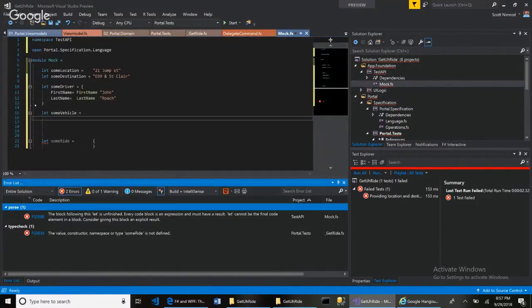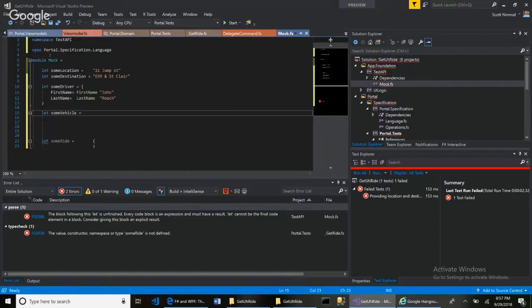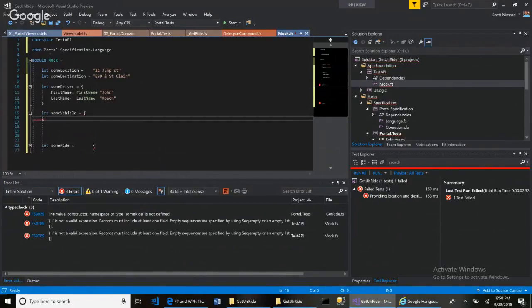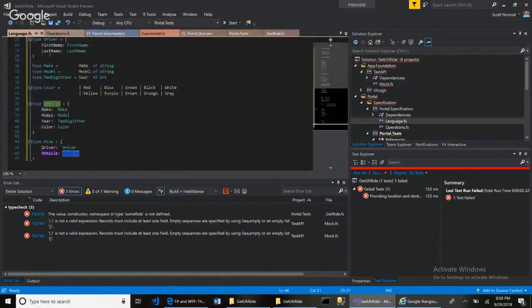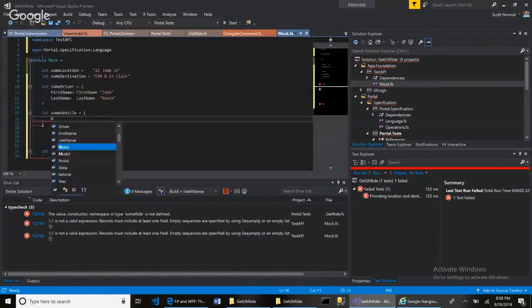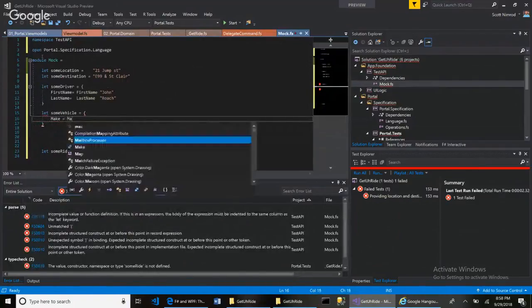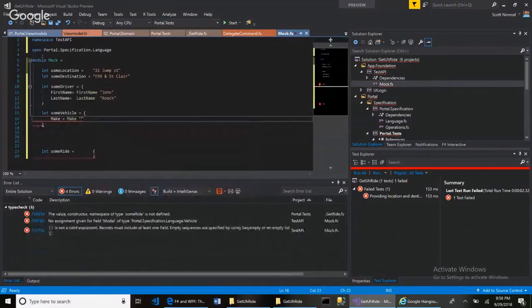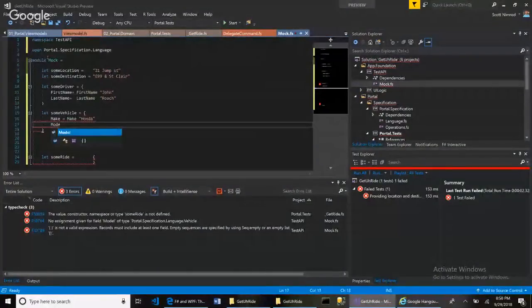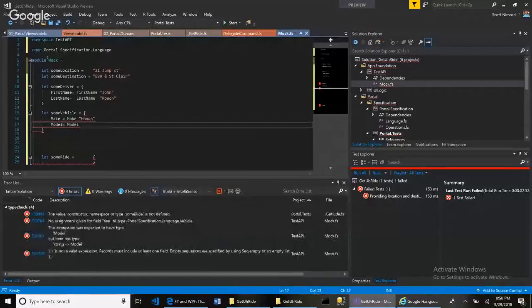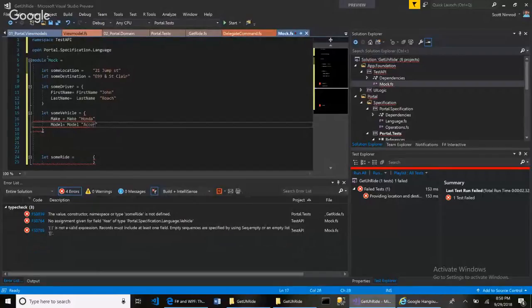Why is my, what is going on? Hold up. Why are my curly braces like that? Okay. So make, model, 2-digit year, color. So we say, okay, make equals, and say make Honda, and then model equals model Accord, and